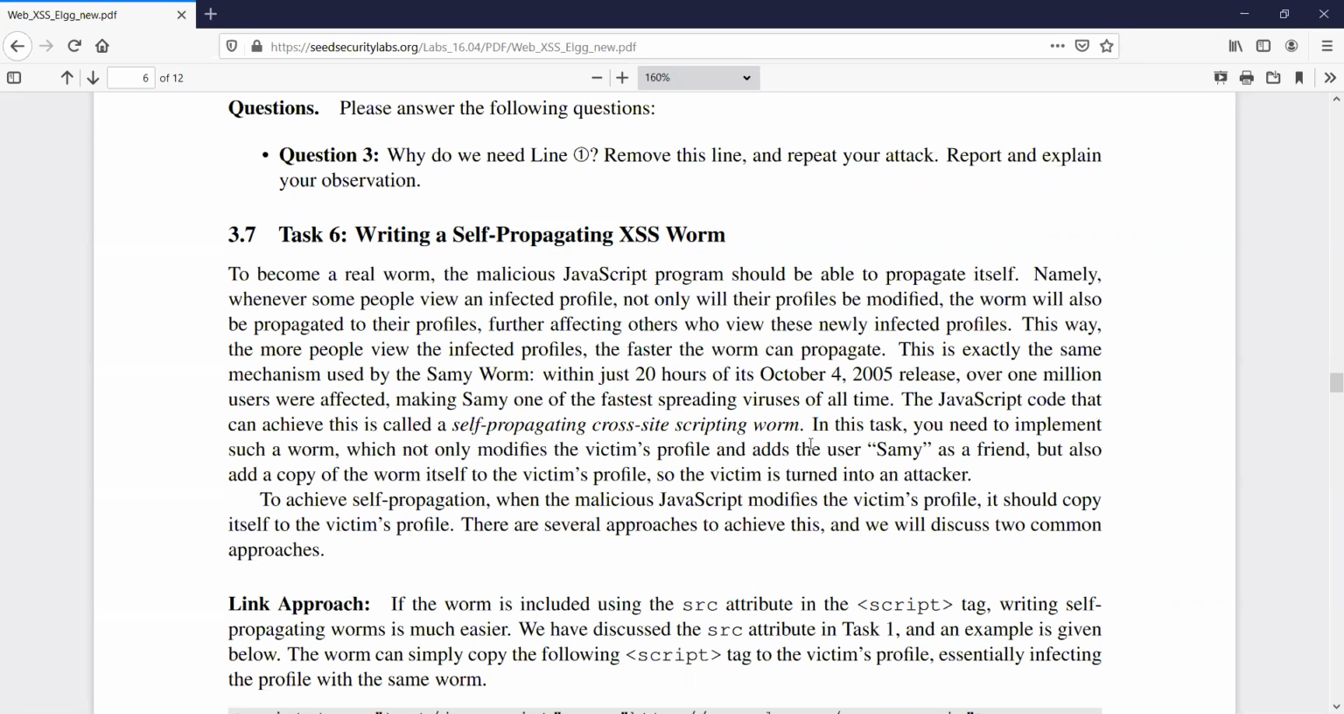In this context, how would that work, do you think? Anyone? It can get other users to have this worm in the profile. Exactly. So you're saying that if you go to Sammy and Sammy has that JavaScript code, if Alice visits Sammy